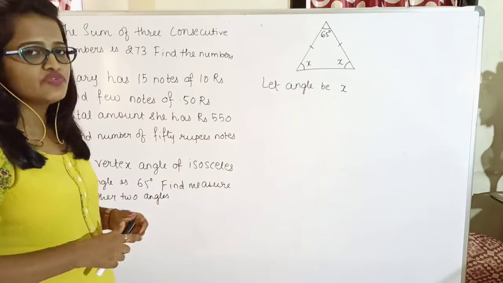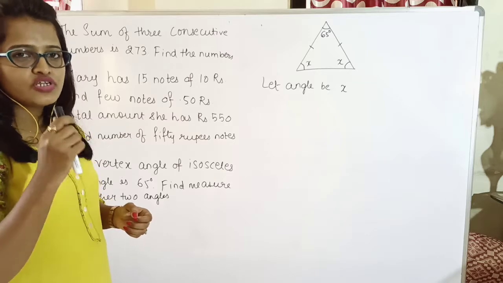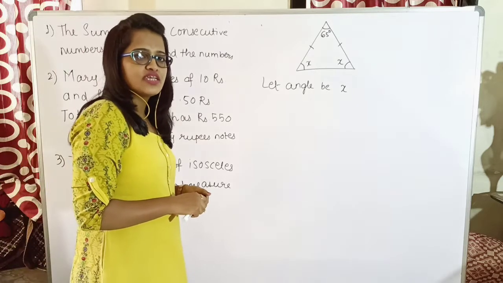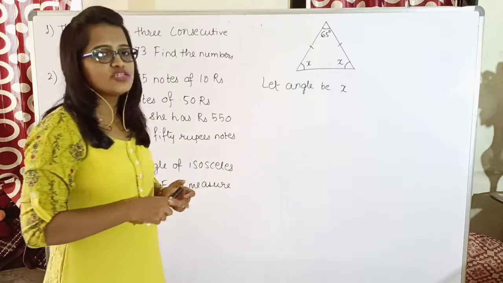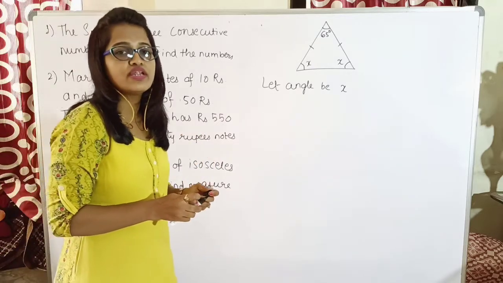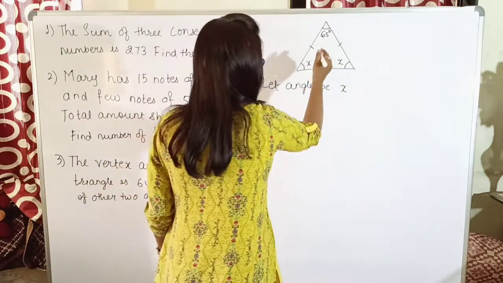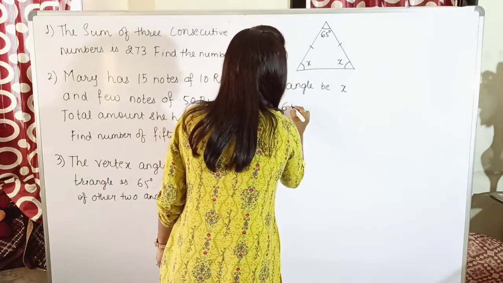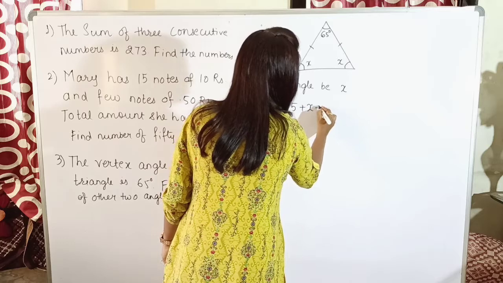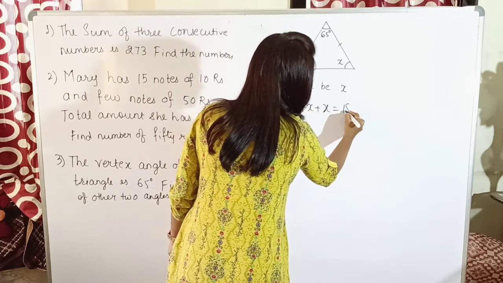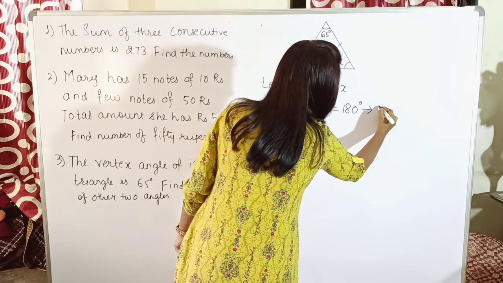What is the relation between the angles? Yes, what is the angle sum property? What does it say? It says the sum of the angles of a triangle is always 180, irrespective of what kind of triangle it is, isn't it? So the sum of these three angles is nothing but 180, and the reason you could be saying it is angle sum property.